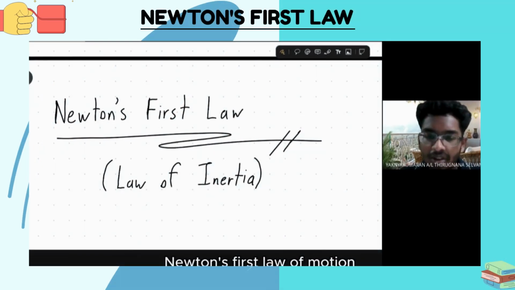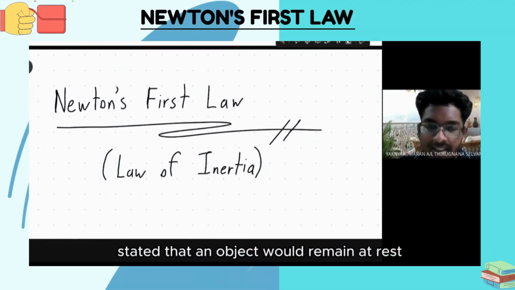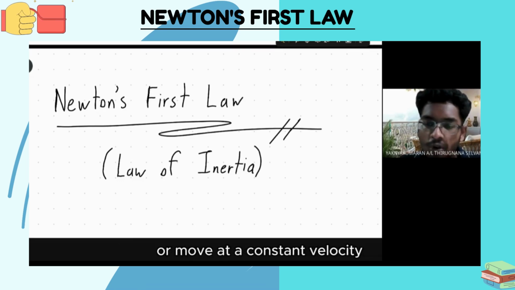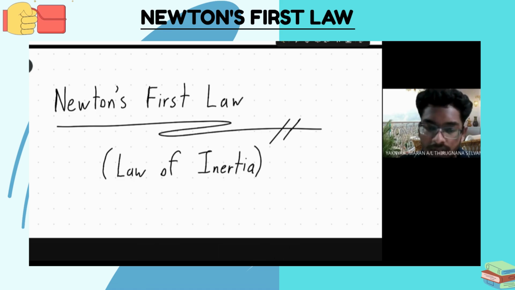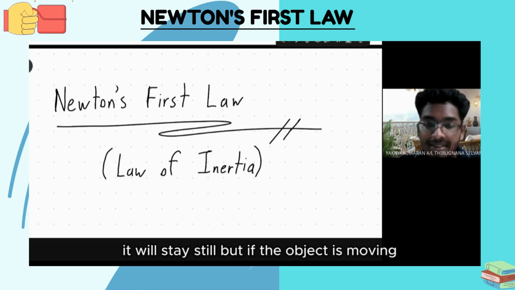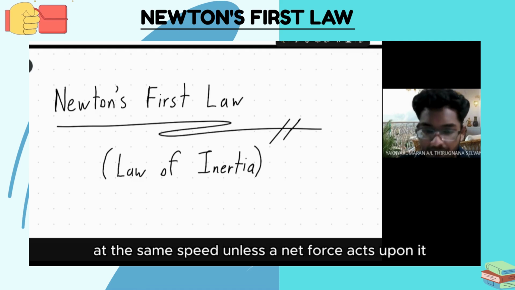Newton's first law of motion, also known as the law of inertia, states that an object will remain at rest or move at a constant velocity unless acted upon by an external force. What it means is, if an object is at rest, it will stay still. But if the object is moving, it keeps moving in the same direction at the same speed unless a net